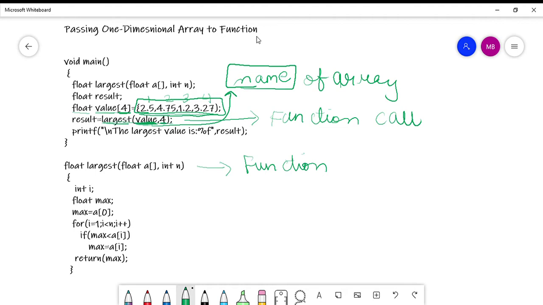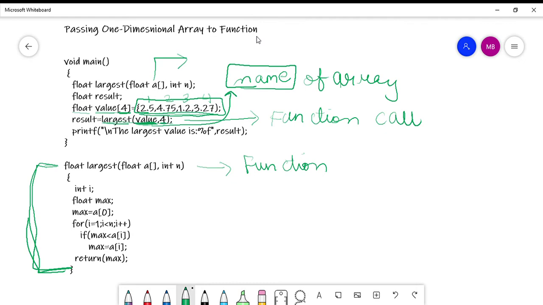Now the called function which is expecting this call, I am talking about this function. This is the called function. Now the called function which is expecting this call must be appropriately defined. This I have already done here, right? Just like in any case, the function must be appropriately defined. So this is my function definition, right? The function is appropriately defined. This is my function definition.